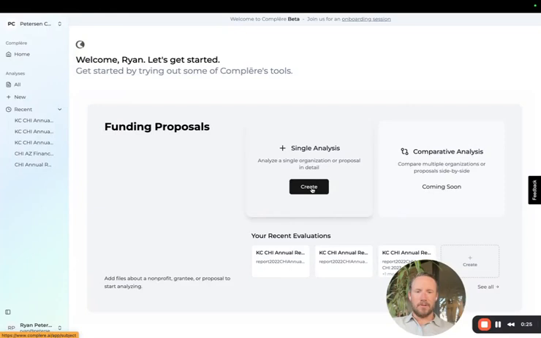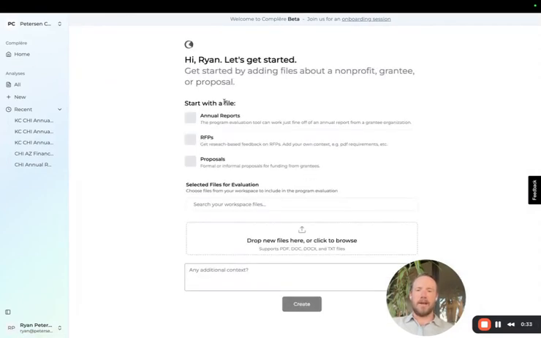So if we wanted to launch into a new analysis of an organization that we're looking at, or potentially a client is brought to us that we look at, we hit create, and right now it's designed to intake documents. You can upload into here and use that to launch your analysis. And it's a single analysis intended to analyze a single organization when you click that first button, but you can